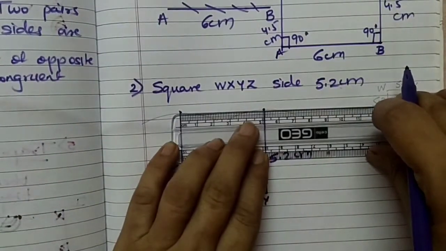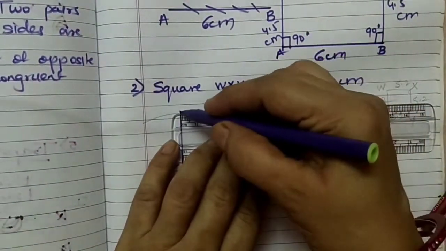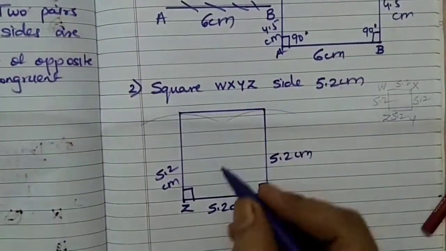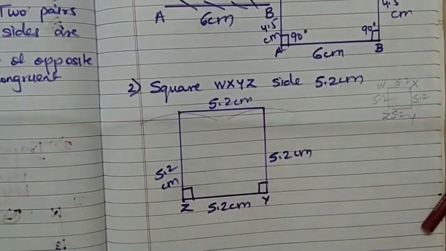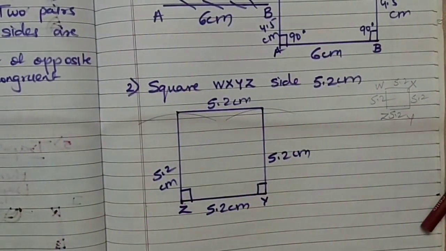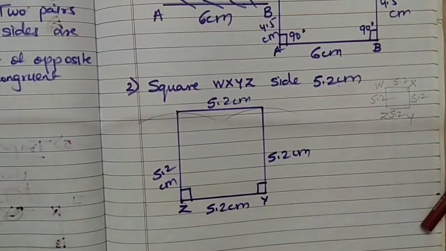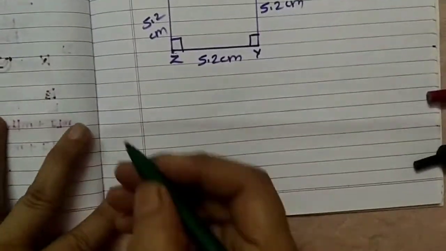Whenever you are joining, you should check whether your sum is correct. Is it coming 5.2 or not? It is correct, 5.2 centimeter. Don't rub these arcs. Here also and there also you will not rub the given arcs. Now we will do the sum number